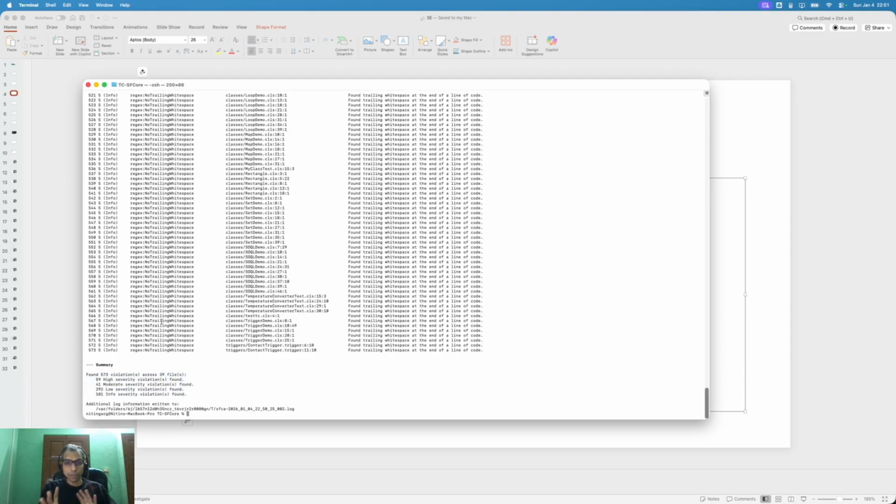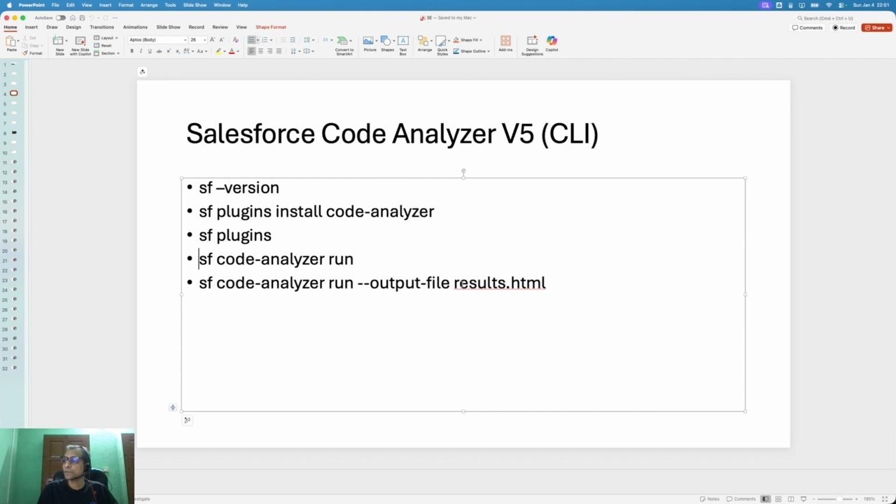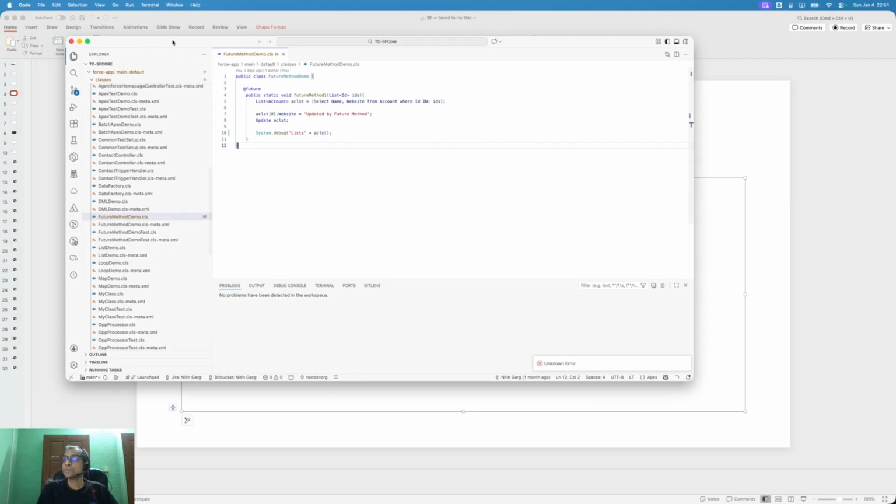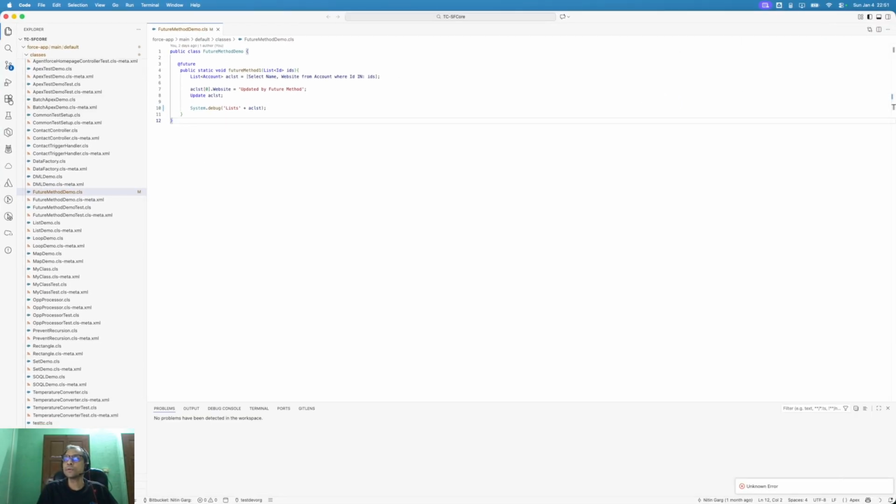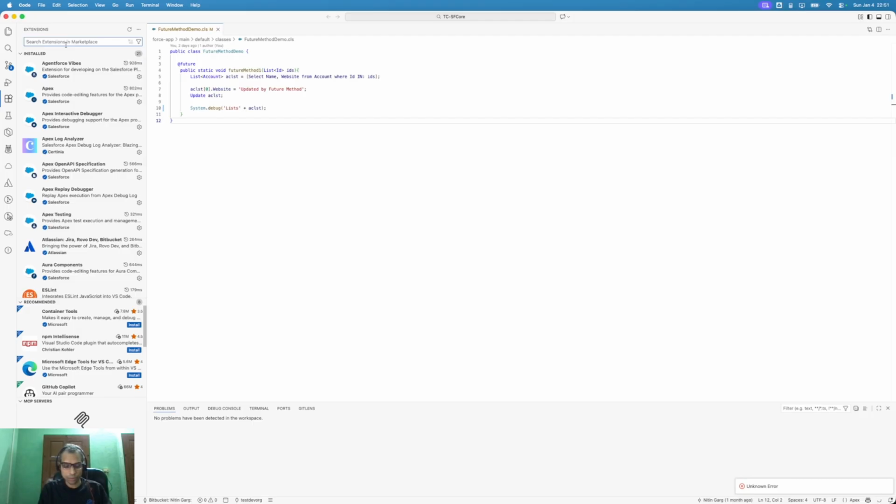Okay, so this is how it's working on the CLI, and you can also export it to the HTML file if you want, the output file, and you can share it. Right now, if we go to the Visual Code, let's quickly see the Visual Code as well. So as I said, if we go to the extension